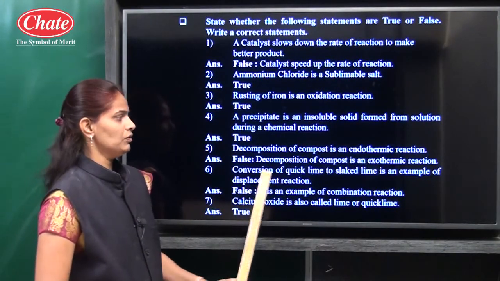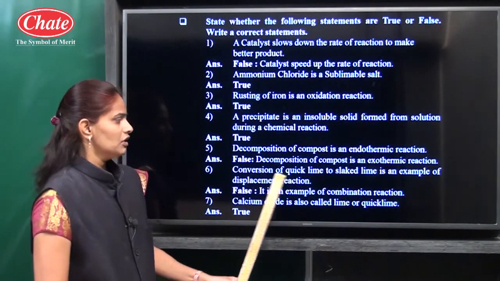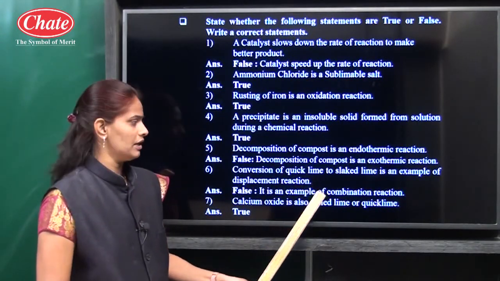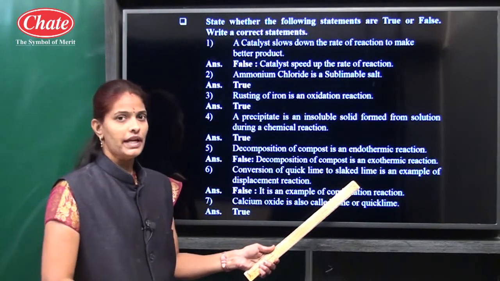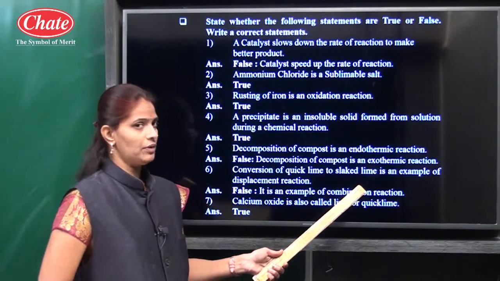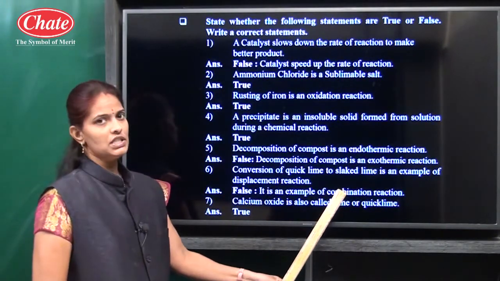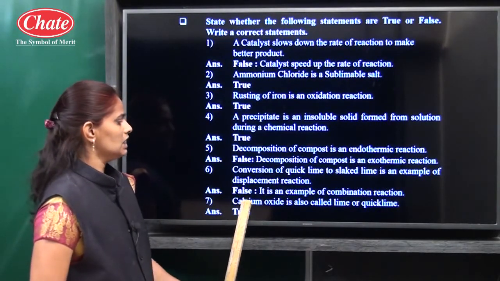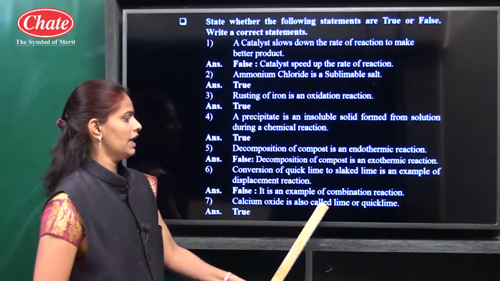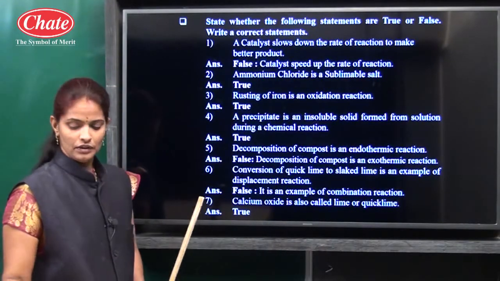Conversion of quicklime to slaked lime is an example of displacement reaction. Quicklime means calcium oxide and it converts into slaked lime, means calcium hydroxide. Okay, lime water. So it is false. It is an example of combination reaction. Then, calcium oxide is also called lime or quicklime. It is true. Okay. Then the next,